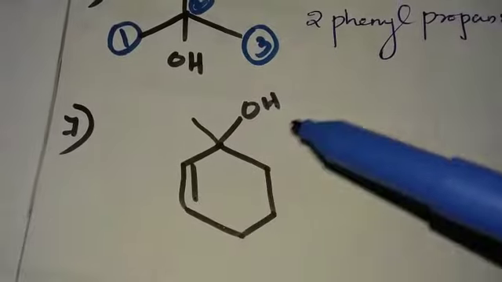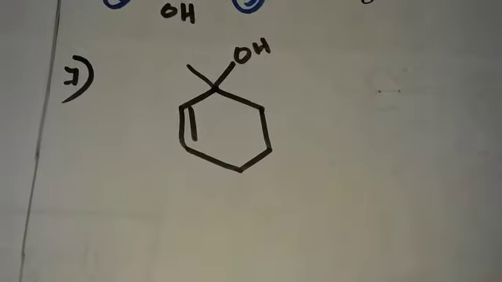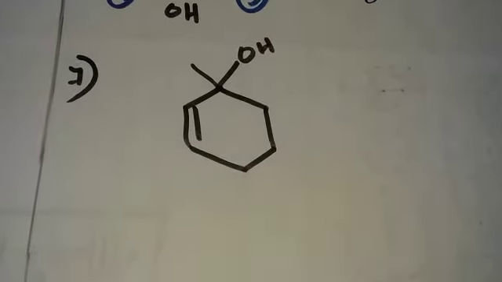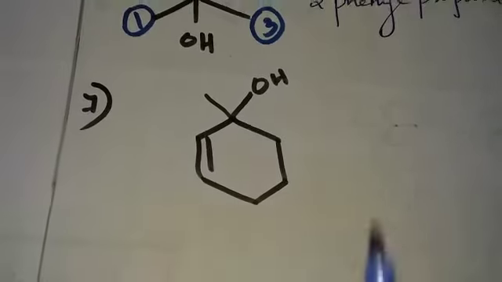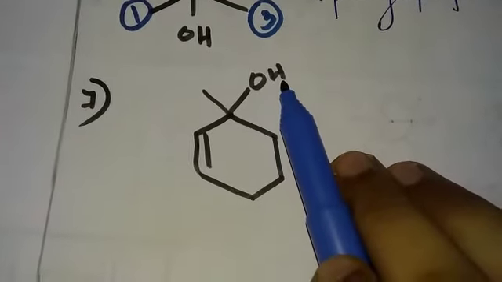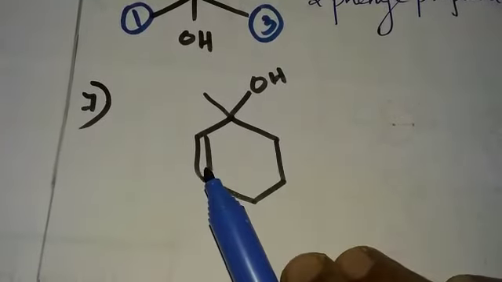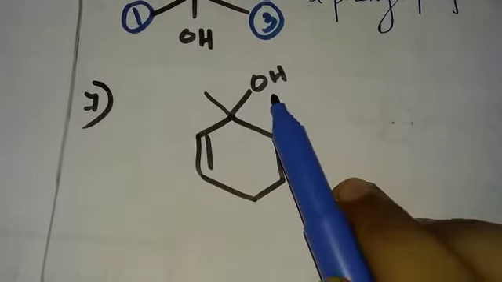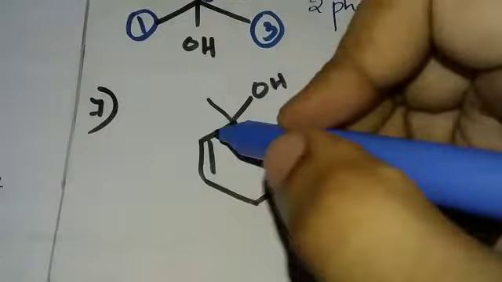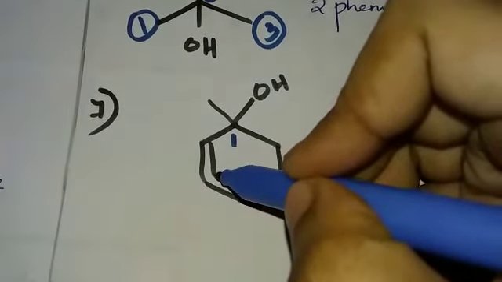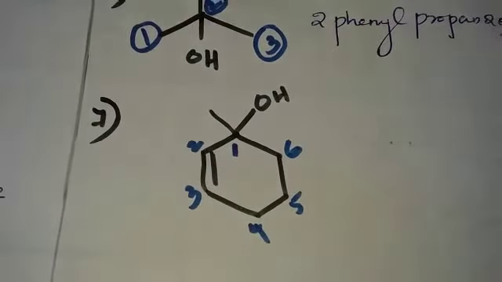Here also a double bond is there and a functional group is there. Students, we should always check, if there is a double bond and a functional group present, which has more priority. When comparing a double bond with a halogen, the double bond has more priority. But when comparing alcohol or aldehyde, the aldehyde or alcohol has more priority than the double bond. So here also the more priority is for the alcohol. So we have to number from the carbon containing the alcohol as 1, and the next lower number should be given to the double bond. So 1, 2, 3, 4, 5, 6.